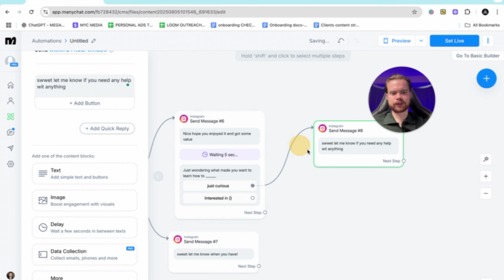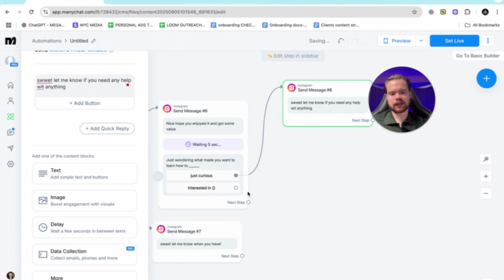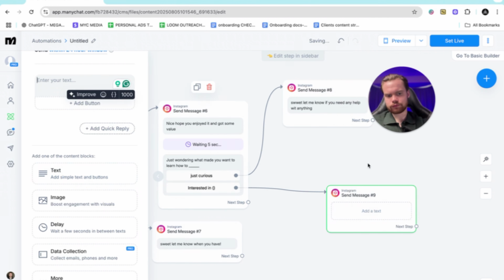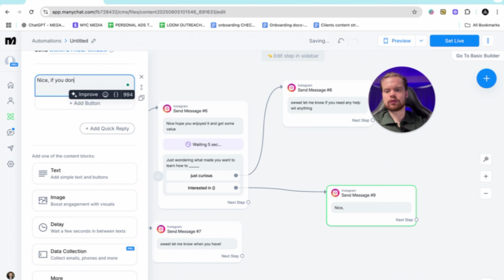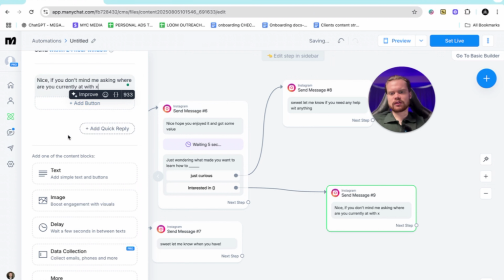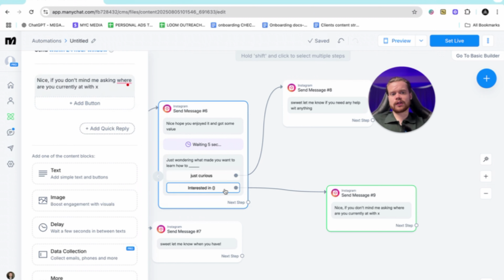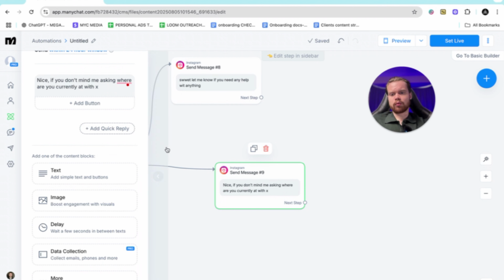I'm just rushing through this, by the way, so if there's spelling mistakes, that's my bad. And then for interested, you can put something nice. If you don't mind me asking, where are you currently at with X? So this is where you just go through your qualification questions one by one,